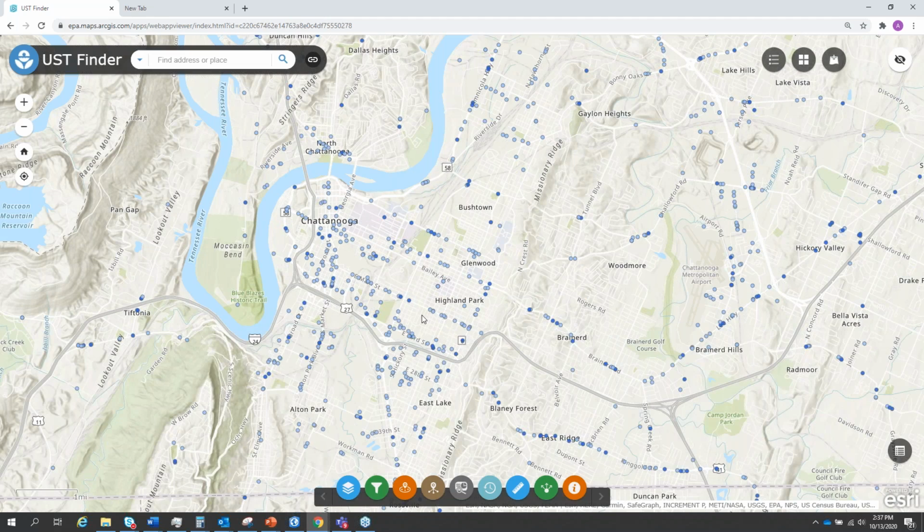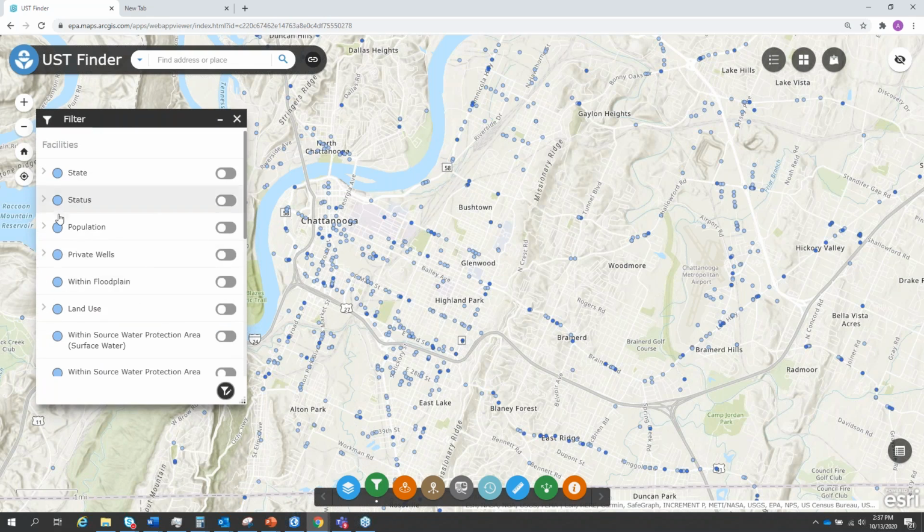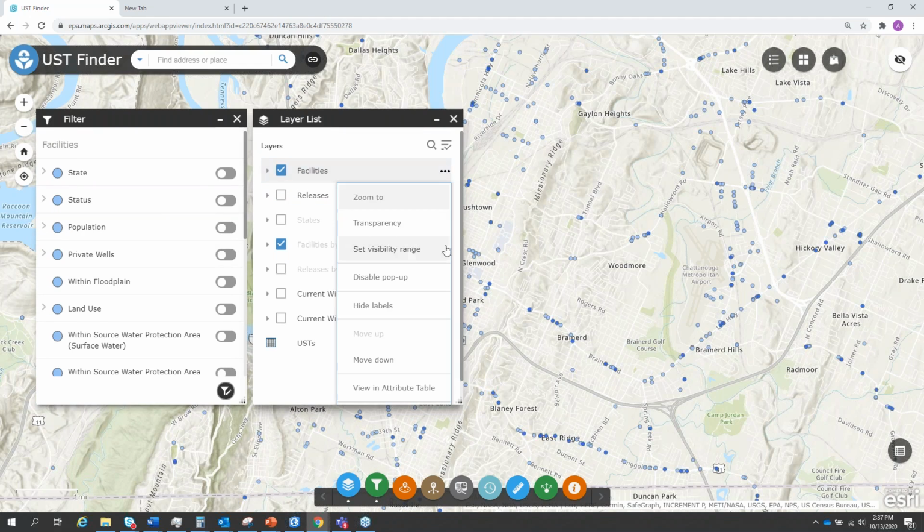An important part of any kind of data analysis is just querying out the data to find what you're looking for, whatever you're interested in. So we've included some filters within this application to easily query data, so that you don't have to write the SQL or know any coding, you can just click a few toggles and you can query data. So let me give you an example of that.